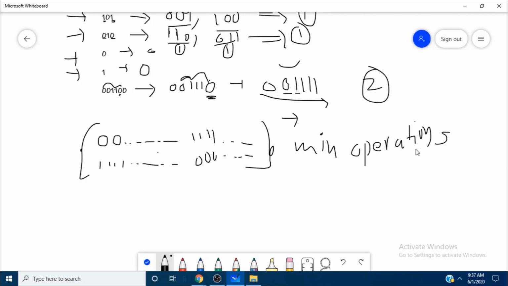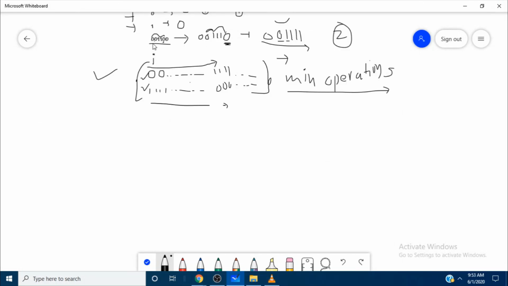How can we do this? Let's check this string with the approach. What is the string? The string is 0 1 0 0 1 1 0 0. In order to convert this string to good, as we already mentioned, the good strings are of these two forms, so we need to convert this string to these two forms, which will require the minimum number of operations. So we need to check all the possibilities of the string in order to get the minimum number of operations.